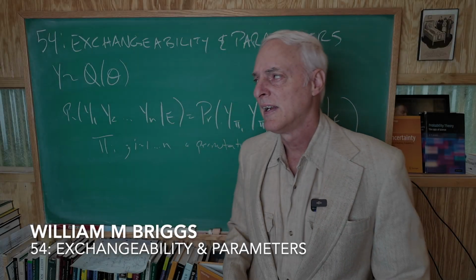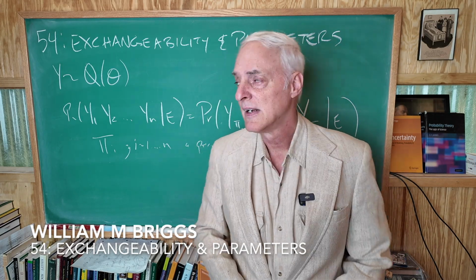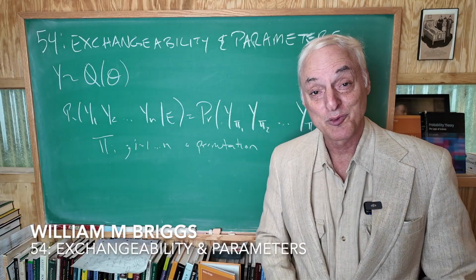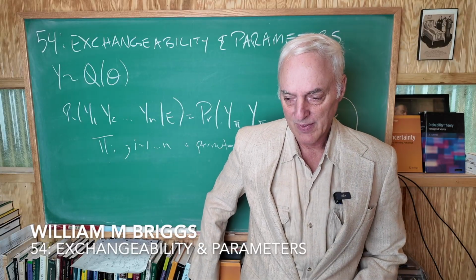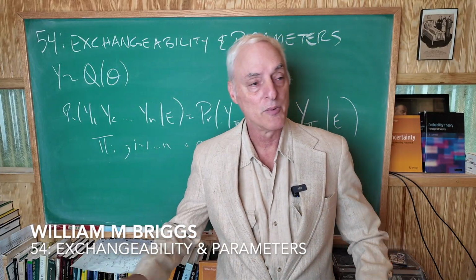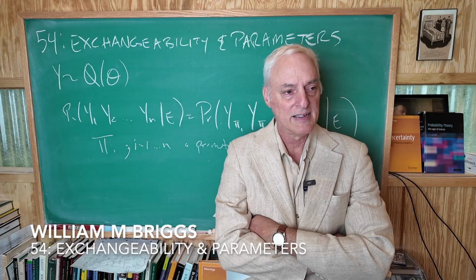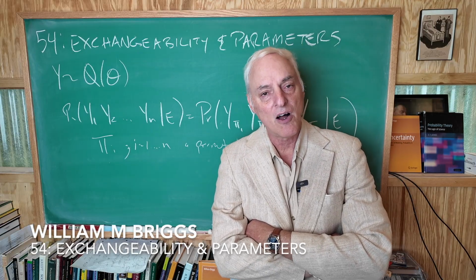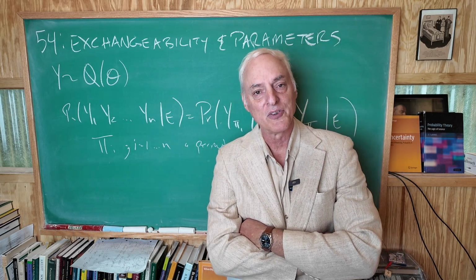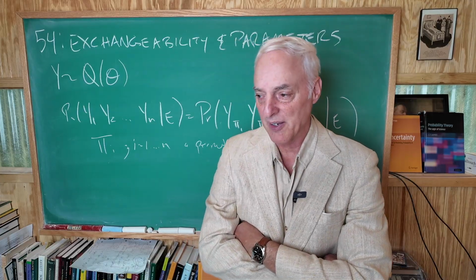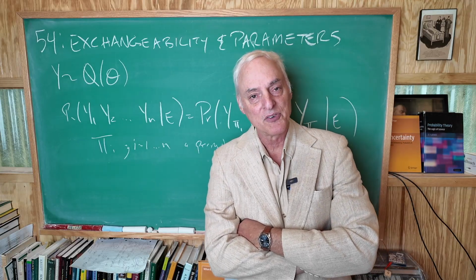This is William M. Briggs to another episode of Uncertainty and Probability Theory, the Logic of Science. We're on episode 54, Exchangeability and Parameters. Now, last week, if you recall, over the past couple of weeks, we did the origin of parameters. We started with finite discrete evidence, and we saw where that went if we assumed our sample sizes go out to infinity. And at that point, at the very point of infinity, parameters come into